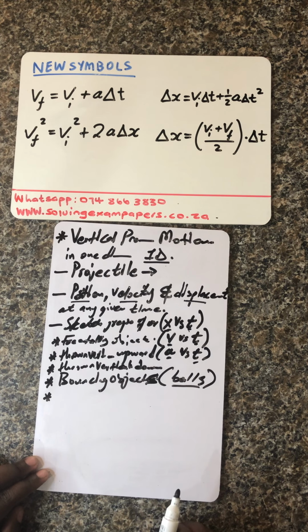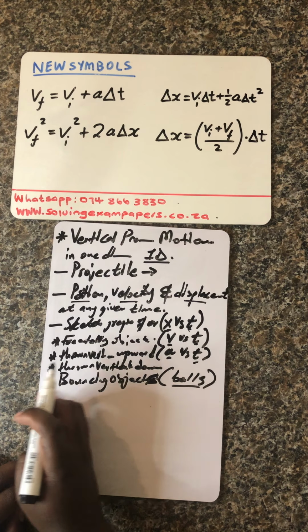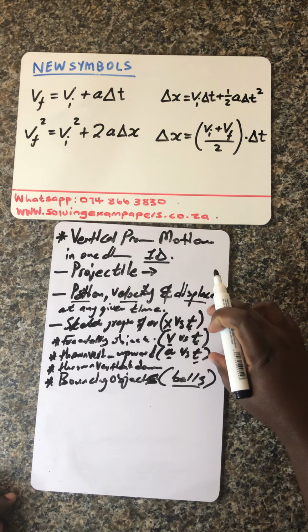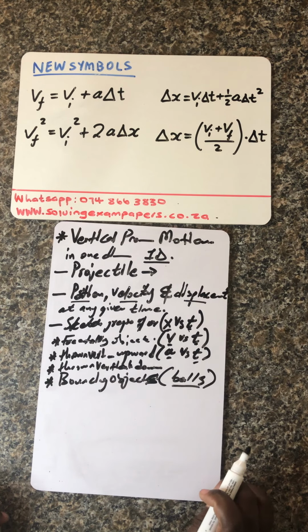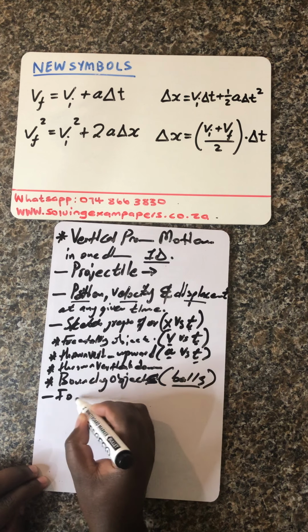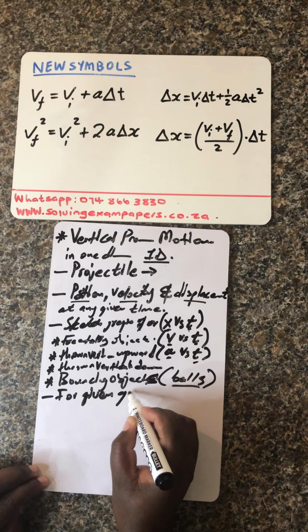Okay, when you get to varsity, that's where you will see a different story. Okay, so for a given graph, that means you can be given a sketch or a graph. Okay, so let me just write it down and say, for a given graph